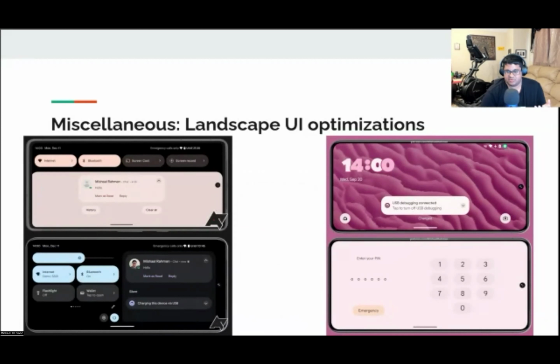And lastly, Google is preparing to revamp the UI of the notification panel and lock screen when viewed in landscape mode on phones. Right now, the lock screen can't be rotated to landscape mode on phones at all, but this is being fixed along with a new UI for the drop-down notifications panel. As you can see, the before and after on the left for the notifications panel, and on the right, the UI for landscape mode on the lock screen.